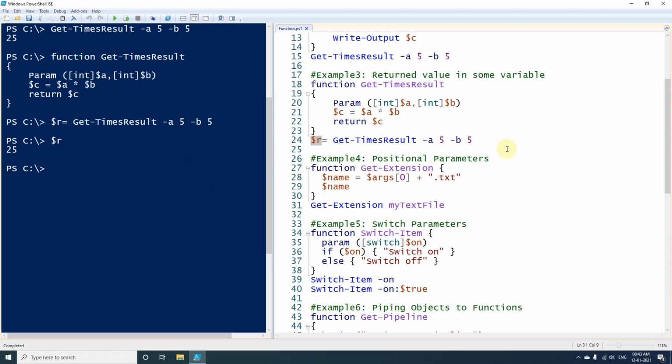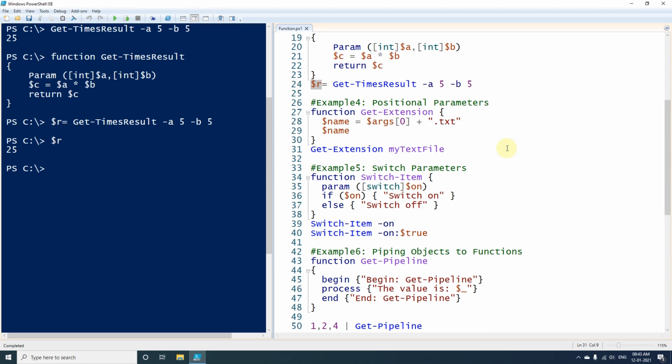Now let's move to the fourth example. Here I have used positional parameter. When we use positional parameters, we don't need to give a name to the parameters. It will just capture the parameters based on the order of the argument, and when we pass any argument here, this argument will be assigned to an array called $args.